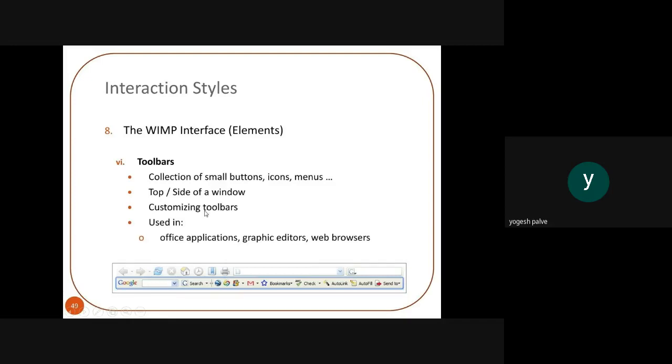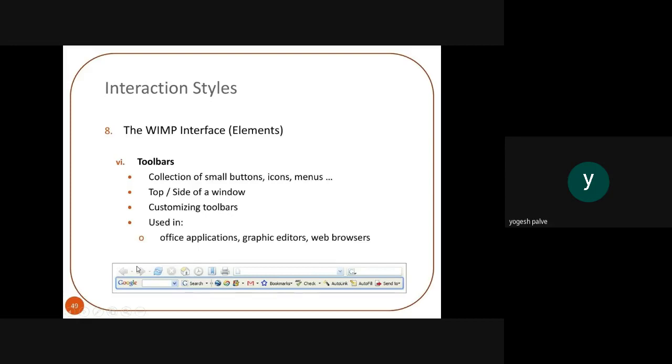Then there will be a toolbar. As you will see in many applications, there will be a toolbar where different icons will be there. According to user need, the user can use it very easily. So it will be very useful for any application. There will be a collection of small buttons, or you can say the icons and the menus. There will be a top side of a window, and there will be customizing of the toolbar, used in office applications, graphics editors and web browsers. Whenever the user uses the web browser, he can also see this kind of window.